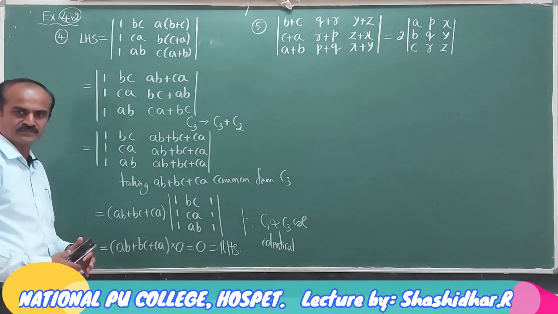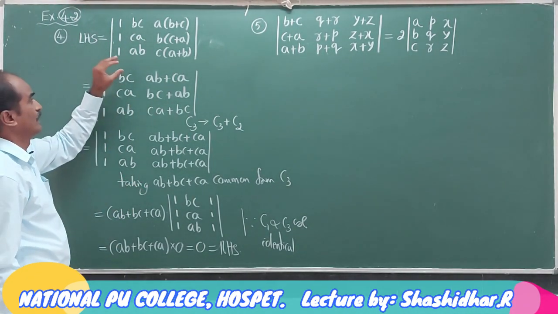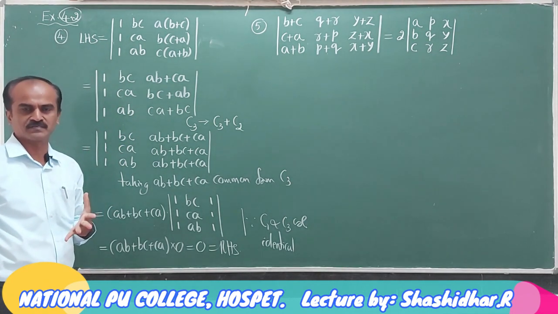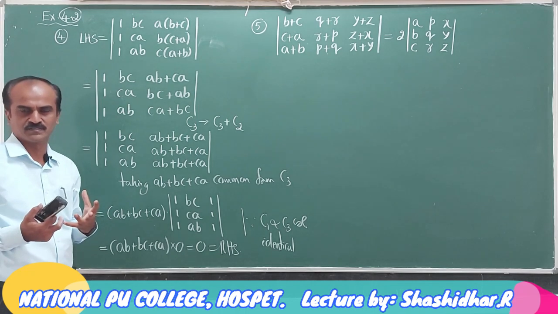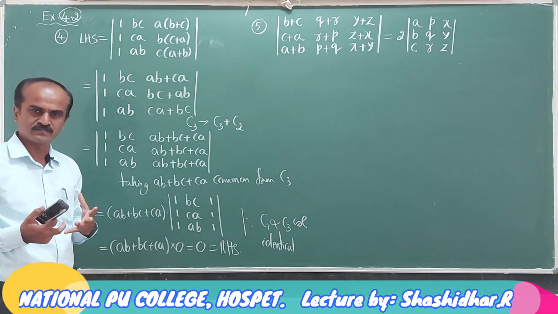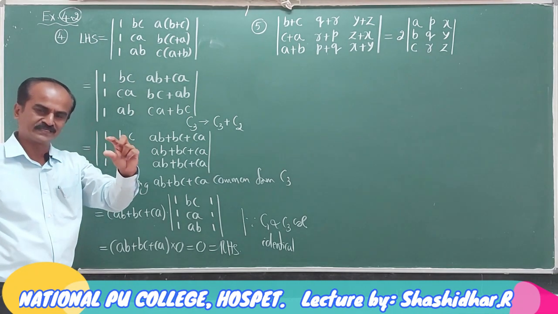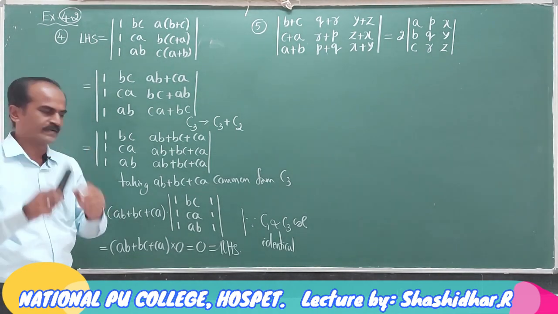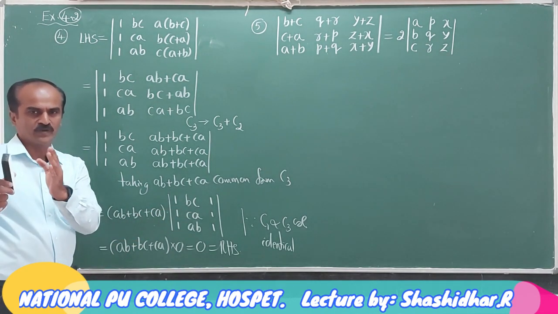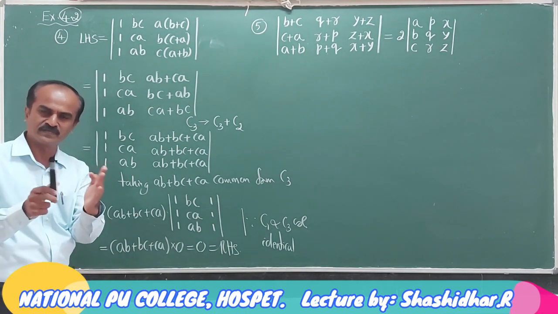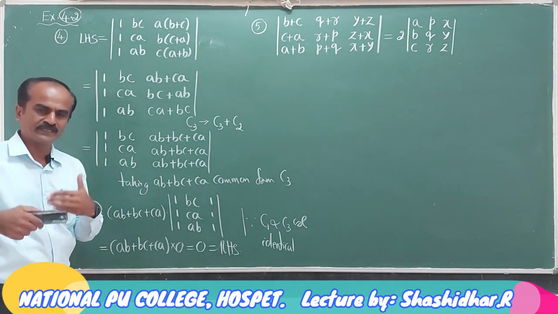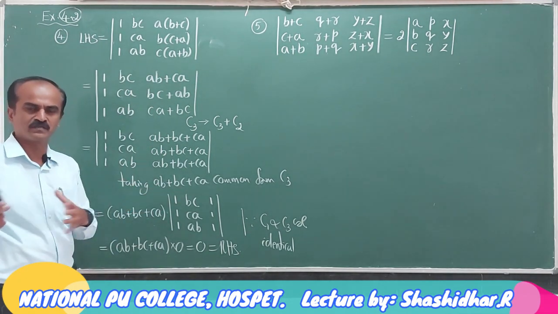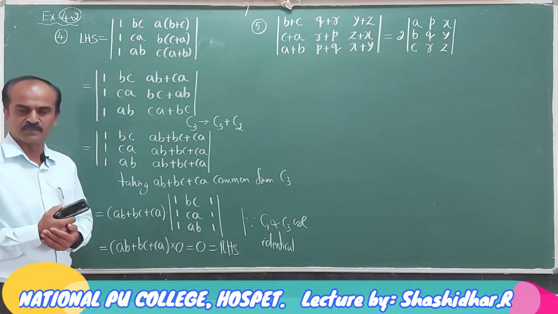That completes the example. In the case of determinant examples, observation of elements is very important. By doing which row and column operation, we will be able to get zeros. That is, how to get zeros? I have to make all the elements in any one row or any one column zeros. Otherwise, two rows, two columns should become identical like here, or one column elements must be multiples of other, nothing but they must be proportional. So by keeping these facts, we had to think of the row and column operation or applying the properties of determinants.